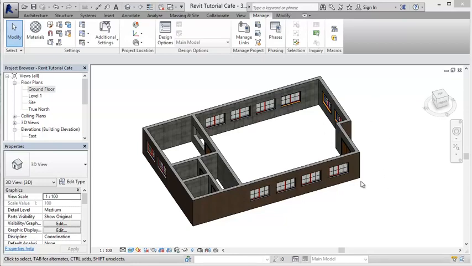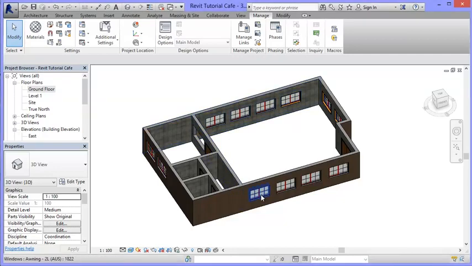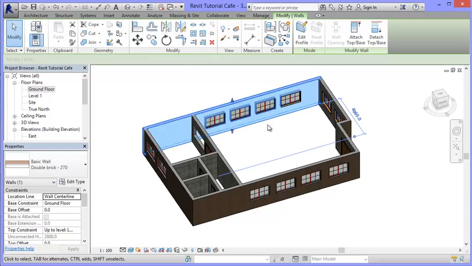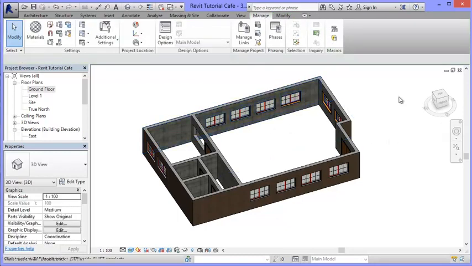Okay, so we're looking at a very basic version of the same cafe here, and you'll notice I've got the original wall types in. So I've got basically red brick on one side and the kind of mortar on the other side. What I want to be able to do in a moment is change these wall types to suit what I want. One thing I'm going to check before I do that, just to make life easier for myself,